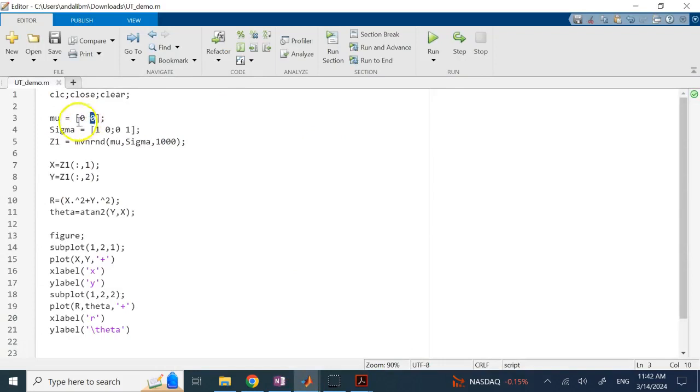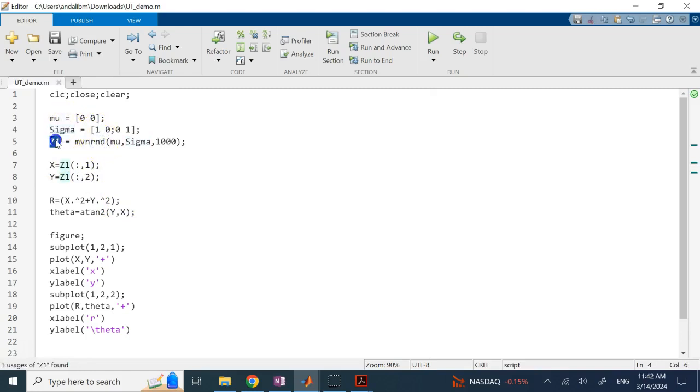Here I have a multivariate normal distribution, and I generate 1,000 random numbers from that, where the mu for it is 0 and 0, so it's a 2D random normal distribution, and the sigma is 1, 0, 0, 1. I generate 1,000 numbers, and then I plot it for you, which you should expect basically a circular distribution in this case, right? If you look at it from the top,